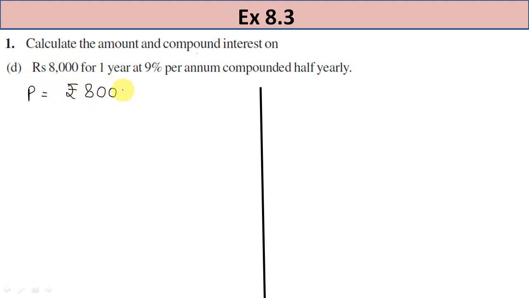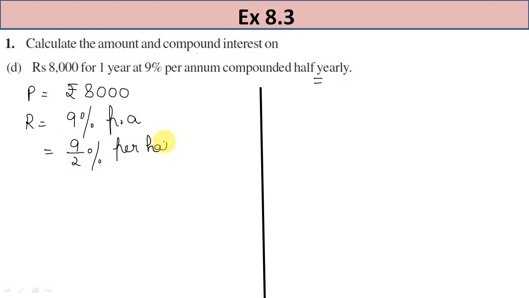Rate is given to us 9% per annum. But if this is a case of half yearly, तो rate आधा हो जाता है. So we can write it down to be 9/2% per annum की जगह per half year. Now student, there is no point to put this in decimal. अगर fraction में रखोगे तो calculation आपकी और भी easy रहेगी. Okay, so no need to convert it into decimal.